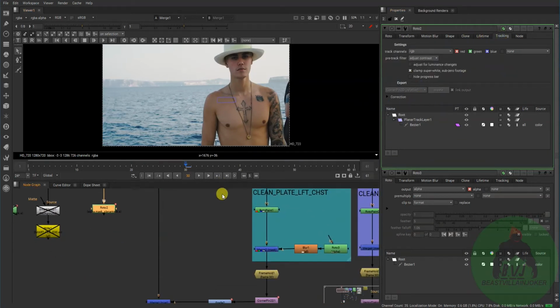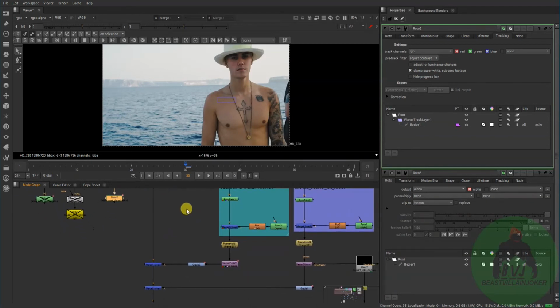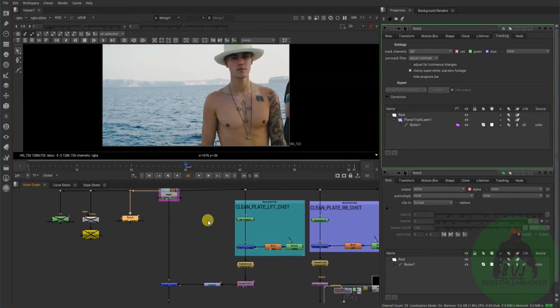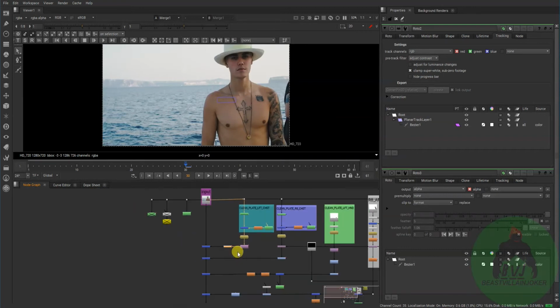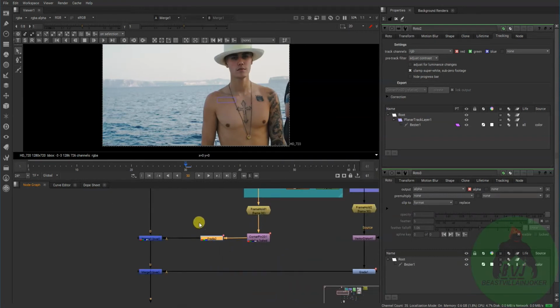If I go here, then you can see this was my tracking, and I take the tracking data from here: corner pin, 2D relative and baked data I have named, because there are two kinds of data, baked data and connected data. I forgot the name. So baked data means if you change any kind of information here, it will not be connected with it, and another information which is not baked, which is connected from it, if you change any information here, then it will update in here. I merged it and also color graded it in every frame, because it is not in one frame. I have to do it in several frames, and I have to match it.